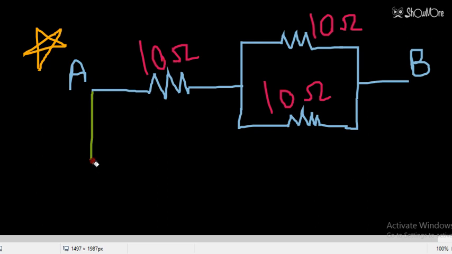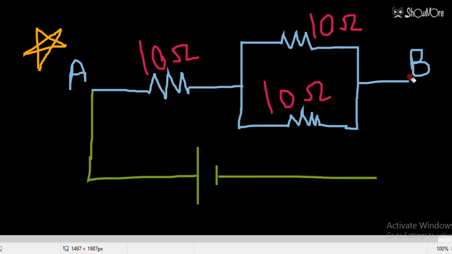So students, we have to connect a battery here. This is the positive, this is the negative terminal. Now see, this end is connected to the negative terminal of the battery. So now you can see current I is coming from the battery. It will be divided from this point onwards.